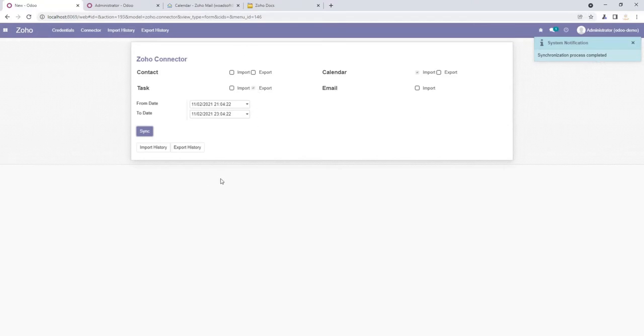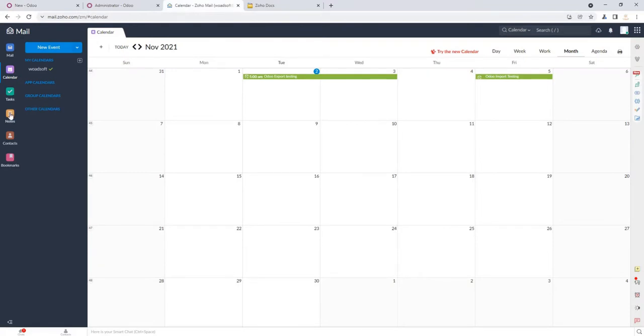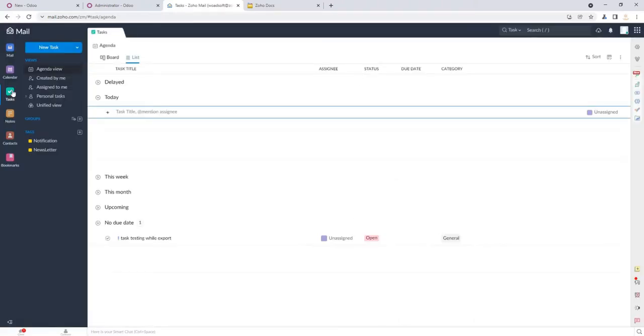So I'm going to check Zoho whether the task exported successfully or not. So click on the task. Okay, so as you can see, the task is exported successfully.